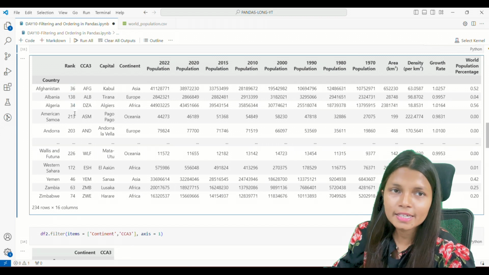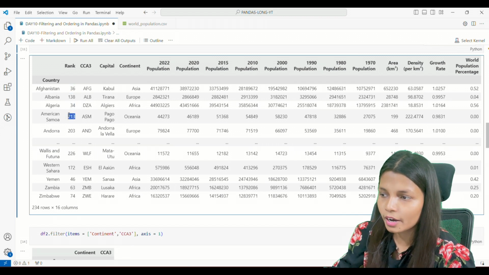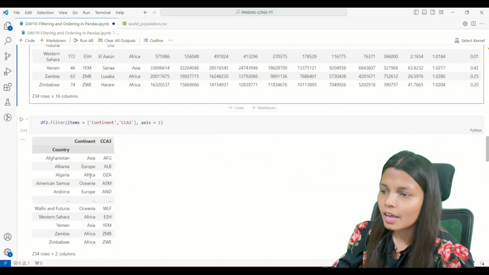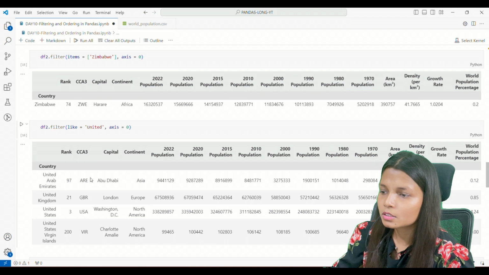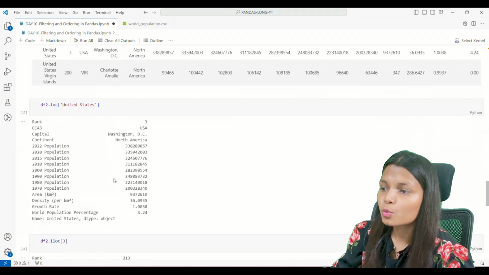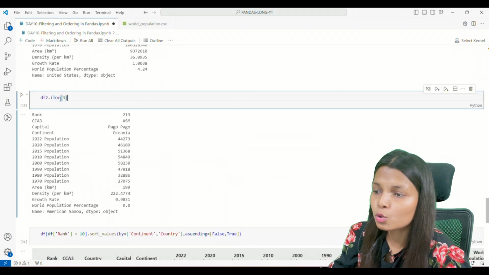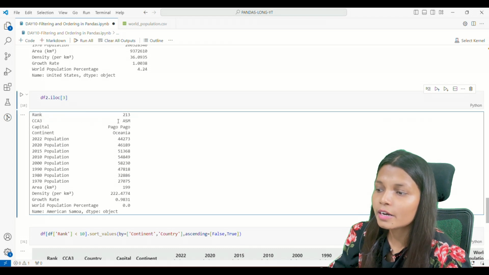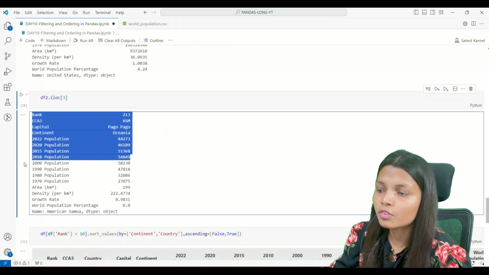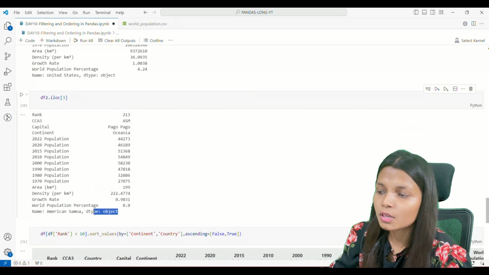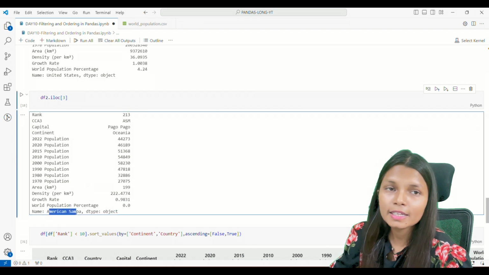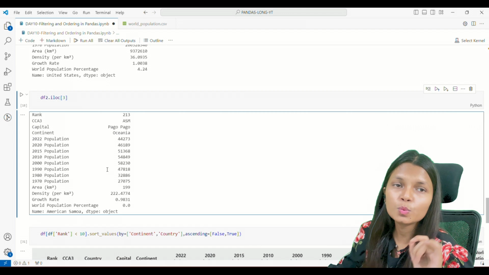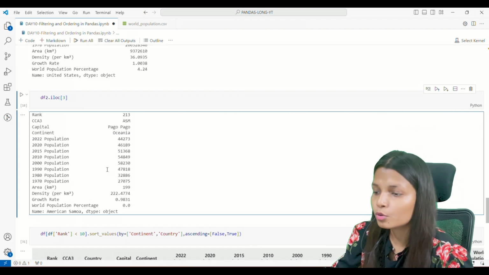If we go by indexing, then this is the third number, so we should get American Samoa. Let me show you where it is. United States. Yeah. So when I have written 3, we are getting rank 213. Then this is the CCA3, and we are not getting the names as indexes, but we are getting them as the index. So it means we are writing the indexes and we are getting the output.